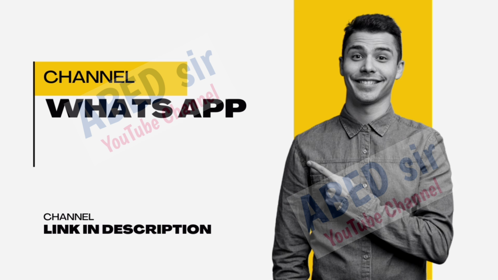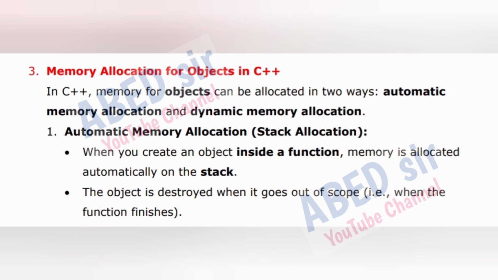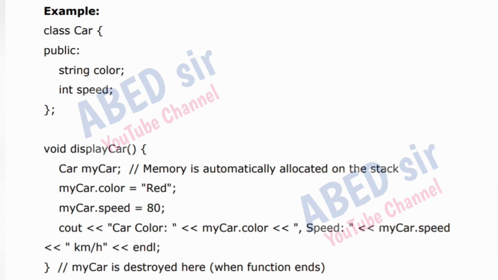Next important short question is 3: memory allocation for objects in C++. In C++, memory for objects can be allocated in two ways: automatic memory allocation and dynamic memory allocation. 1. Automatic memory allocation, stack allocation. When you create an object inside a function, memory is allocated automatically on the stack. The object is destroyed when it goes out of scope, that is, when the function finishes. Example: